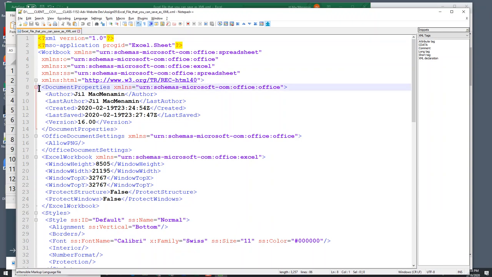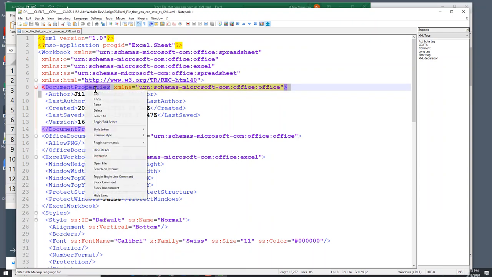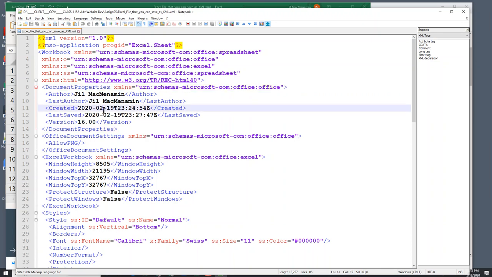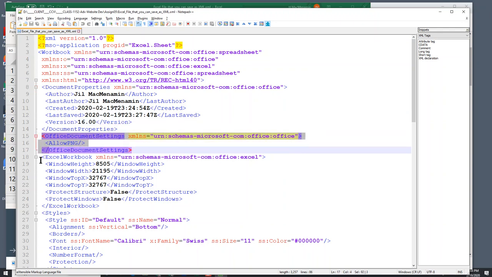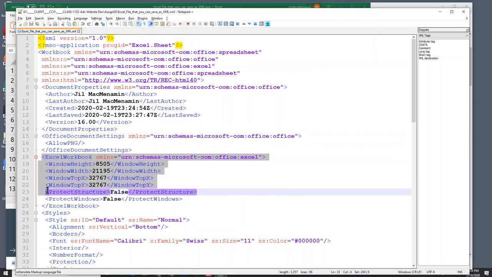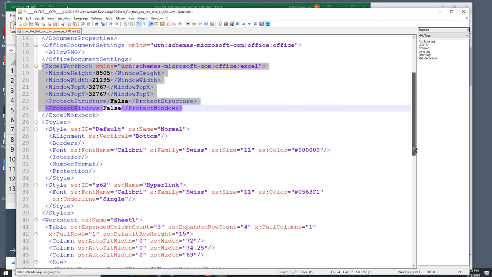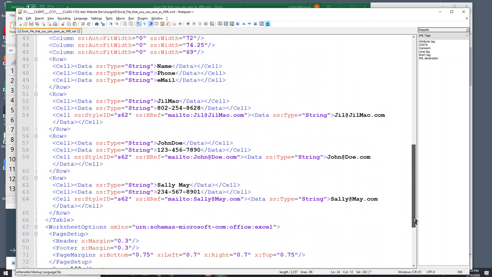It tells you who the author was, what day I created it, when it was last saved, what version I'm using, that I'm using Office to create it, that it's an Excel workbook, that it has a certain window height, and all of this kind of stuff,